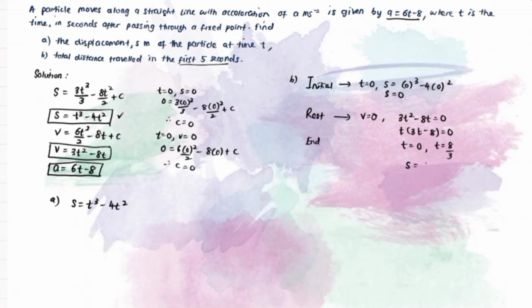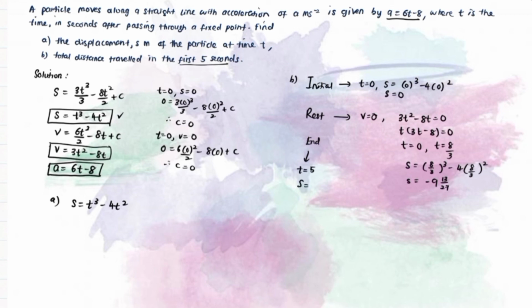Substitute t is equal to 8 over 3 into the displacement function. S is equal to negative 9 13 over 27. Therefore, the particle is located 9 13 over 27 meter from the fixed point O